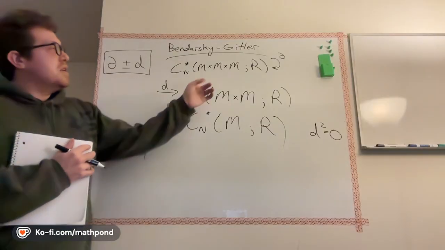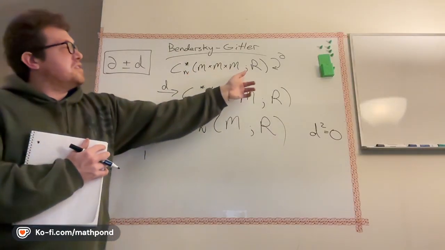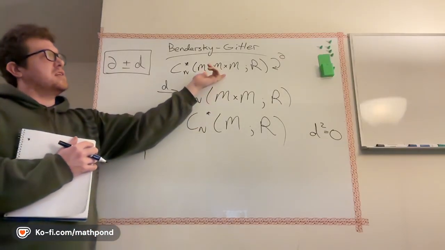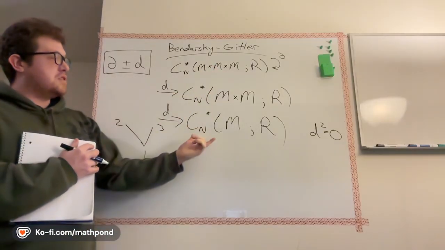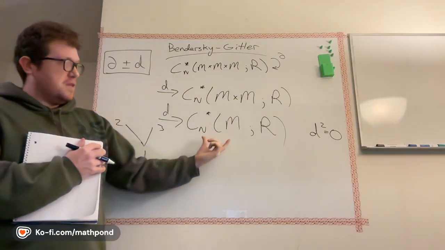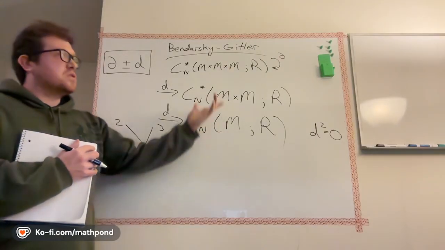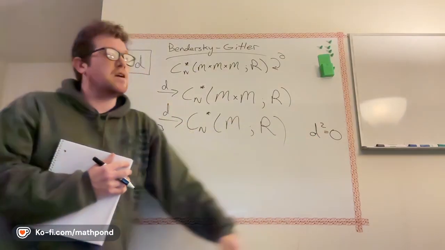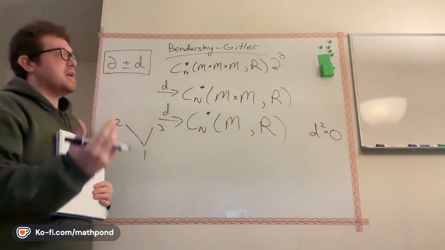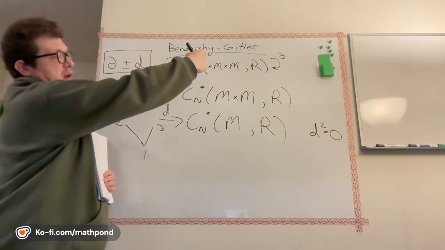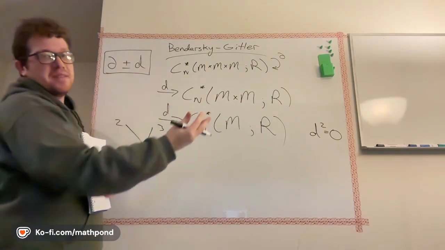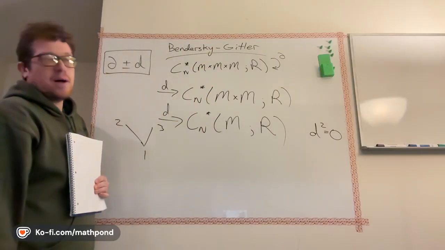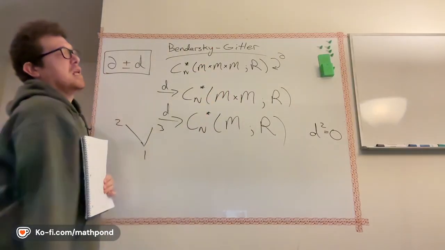So essentially, we want to take these giant spaces and map them down using the Alexander-Whitney map to get tensor products of these C star m's. But like I said, once we do that, we lose the commutativity and we lose d squared equals 0. So the real key here is how do we lose the commutativity and then correct for not having it anymore. So we're going to map down to much smaller complexes where we take tensor products of these,